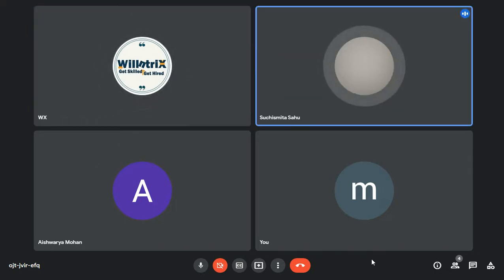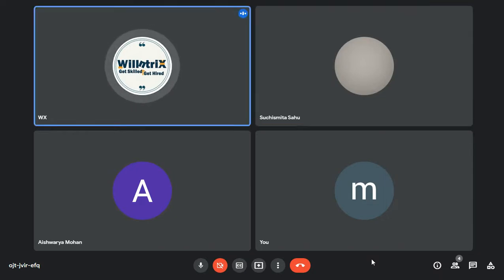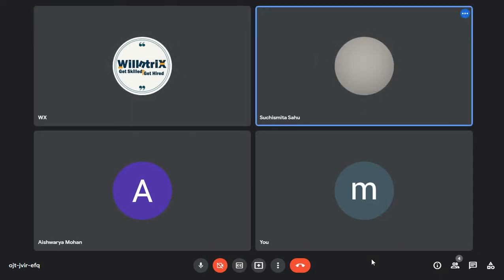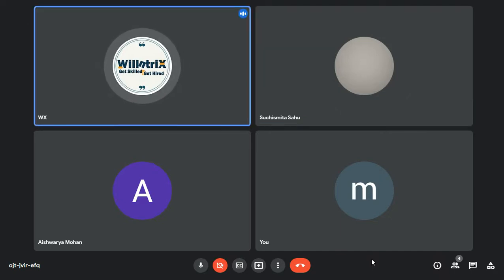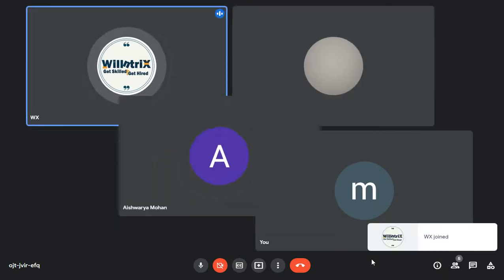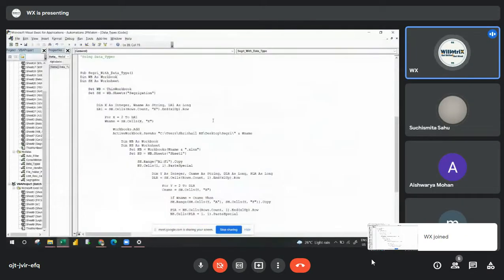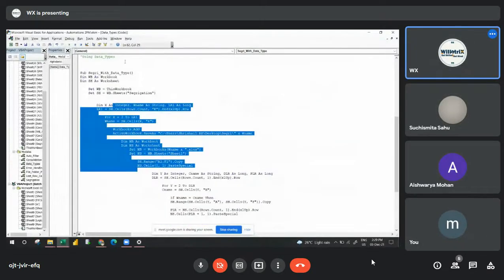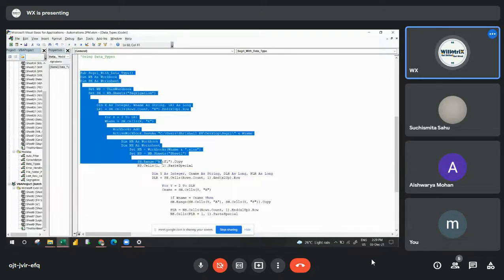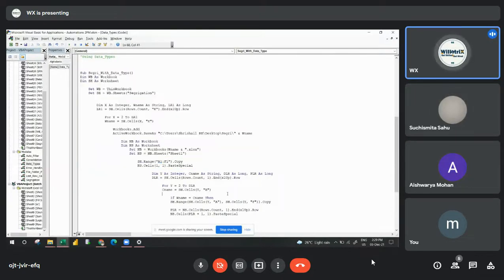One more thing, will you explain macro? Macro is the code that I am writing; that is called a macro. VBA is the application. Whatever input we are giving, the coding we are writing, just now we wrote the code, right? That is called a macro. This is the macro, and this is VBA. Can you see on top, Visual Basic for Applications? A set of coding is called a macro. VBA and macros are the same thing.